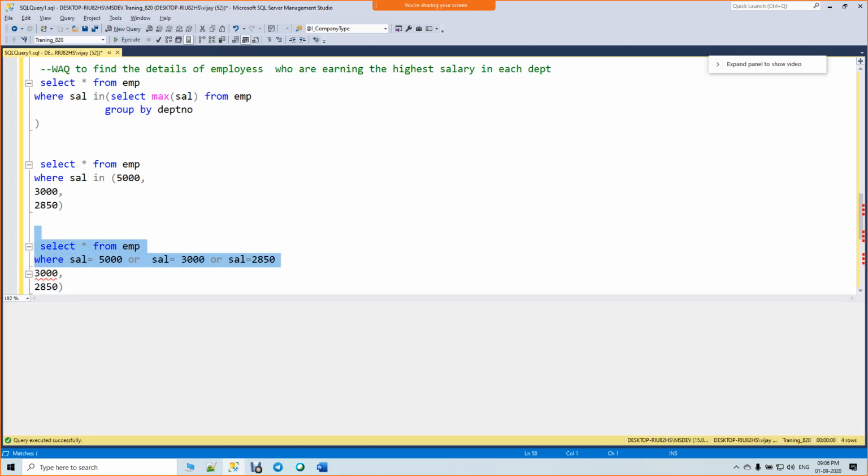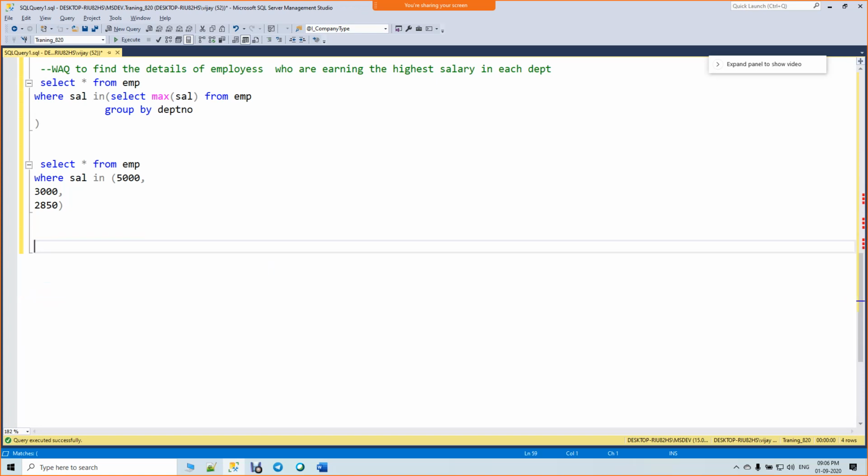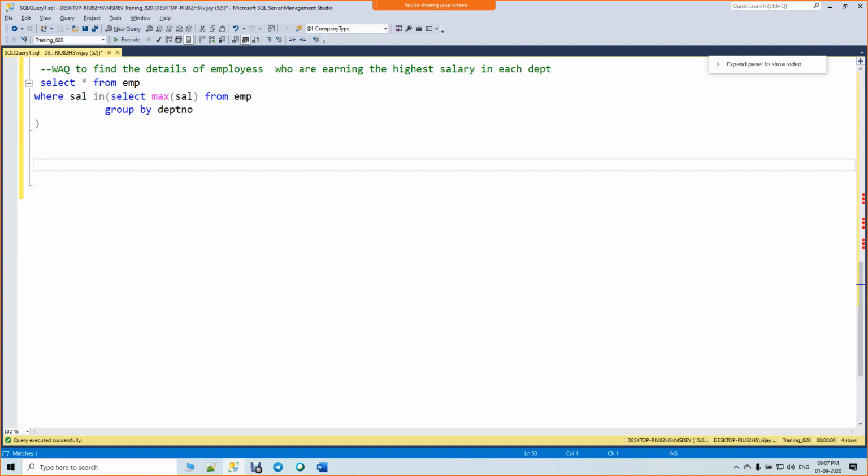Both will use the same rule. So the answer for the question is this one. Clear? Perfect. Let's move on to the next question.